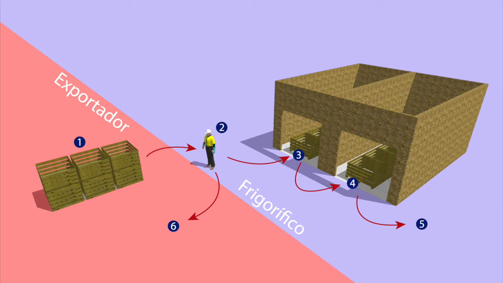The Fructus process consists of 6 main sub-processes. In the first sub-process, the exporter creates a shipment and sends it to the refrigerator. In sub-process 2, the refrigerator receives it and verifies that the received amount of pallets corresponds with the amount declared by the exporter. If the verification is okay, the shipment is sent to cooldown, where the temperature is dropped slowly until